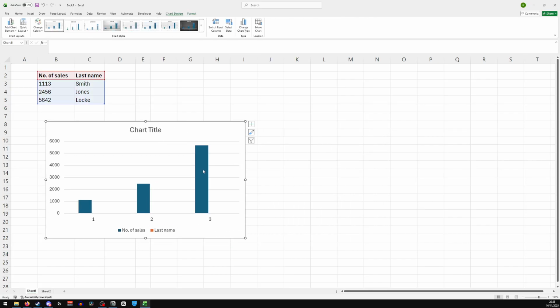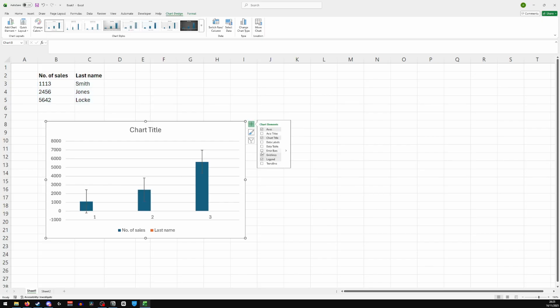Now, once you have your chart installed, go ahead and click on the plus sign right next to it, which is the Chart Elements tab. Click on this and you'll see the option for error bars. Okay, so all we want to do now is click this and you can see the error bars have been